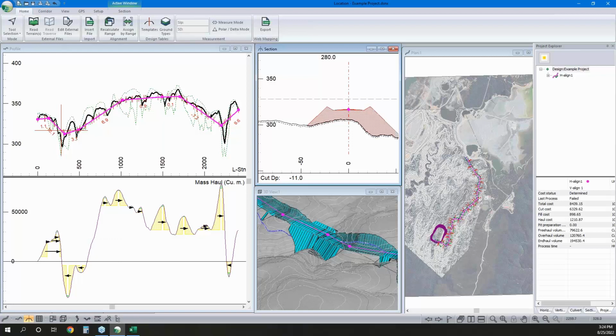But my solid rock material type is only near the end of my road. So if I just look at the MassHaul diagram here, it's not actually showing me where that material is coming from. So if we need that kind of more detailed look at our material movement to have a good idea of what's going on in our project,